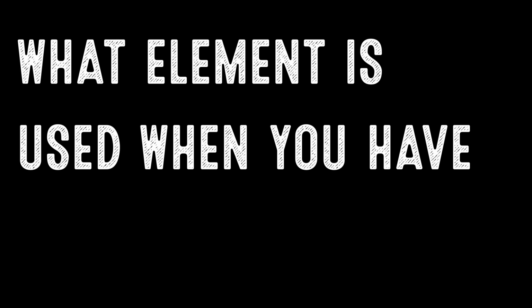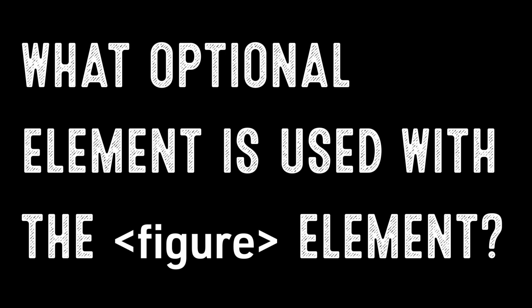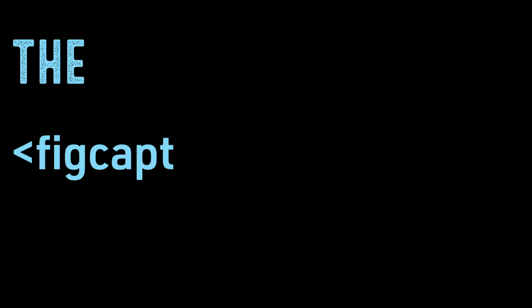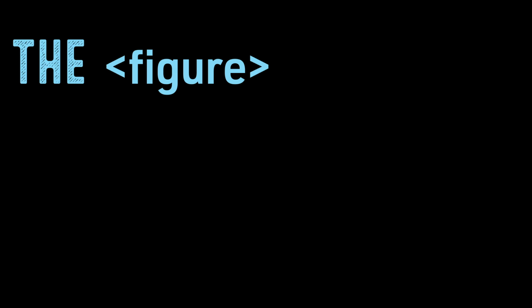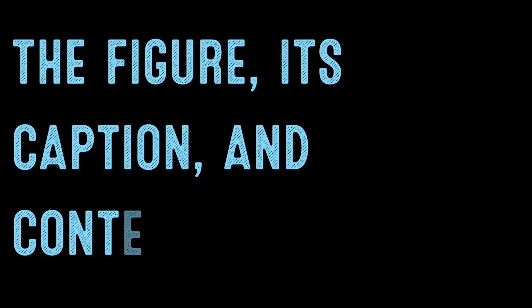The weekly code quiz. What element is used when you have an illustration, diagram, graph, infographic, chart, or code snippet that is different from the image element? The figure element. What optional element is used with the figure element? The figcaption element. The figure and figcaption are used together so that the figure, its caption, and contents